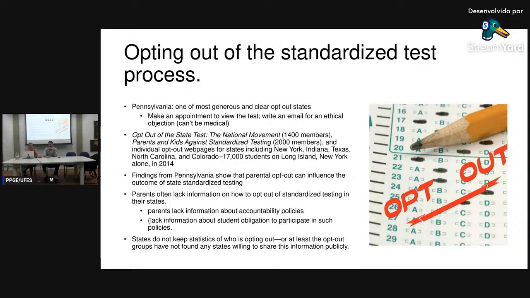teste. It's a really interesting policy issue to examine, though, because the only way parents can figure out how to do this is by communicating with one another. And so there are certain websites where it's parents sharing what they've learned to be able to make sense of what they can do, because the state is not, if you call the state office, and the schools are also prohibited by law from encouraging you, or helping you to do this. So there's interesting research written about how parents collaborated together through online networks to figure out how to do